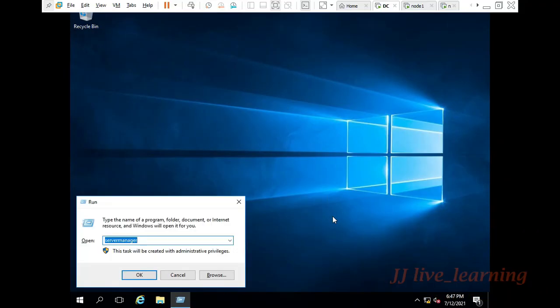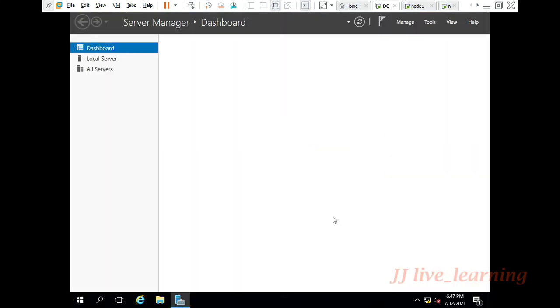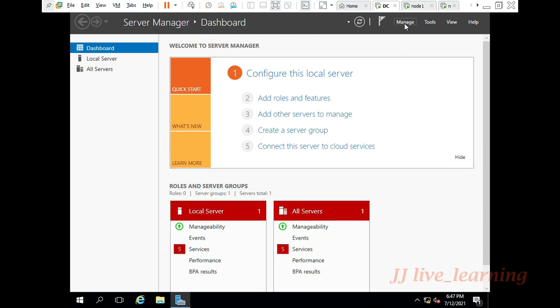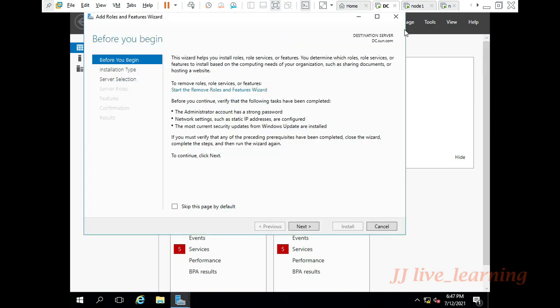First, we have to log in on your domain controller. On our domain controller, we have to install the iSCSI target service. So just go to your Server Manager, select Add Roles and Features, and click Next.